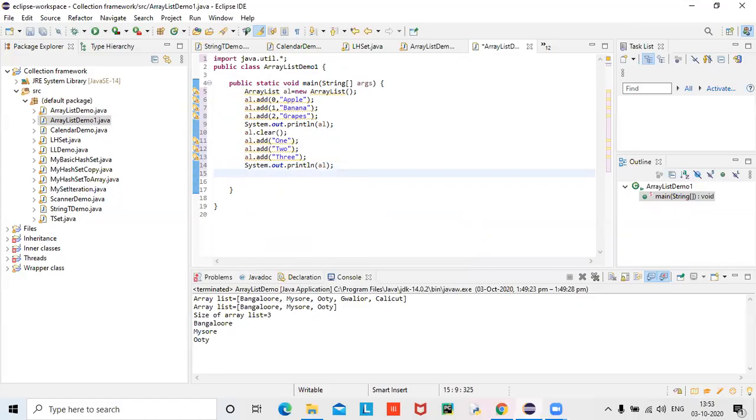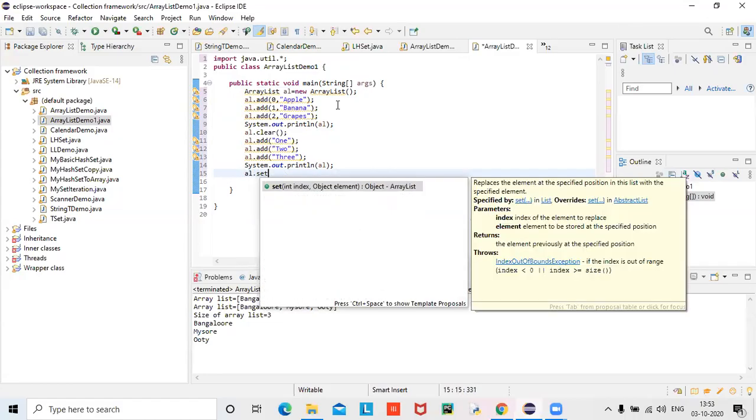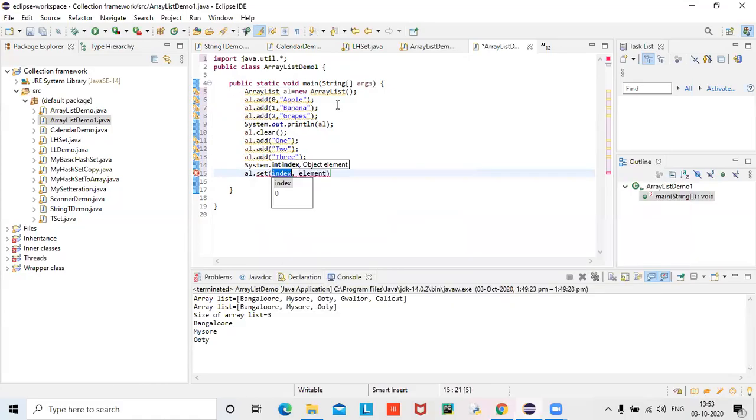Right. Now see what I am doing. Al dot set method I am using. Set index. See the parameters, it is automatically showing. First one is index, I'm putting 0. The second one is element, the actual element I want to put here, that is 10. I want to put 10 here.